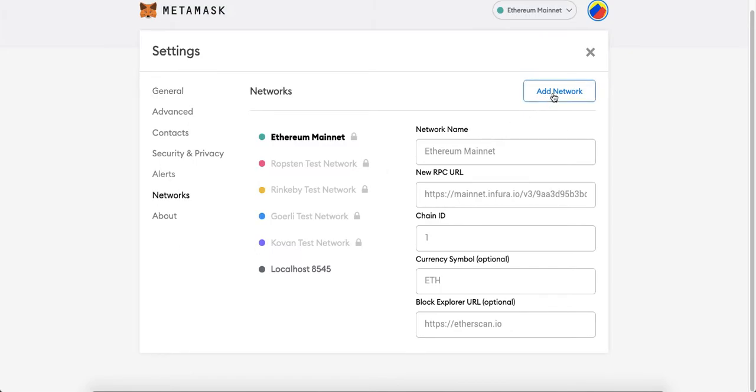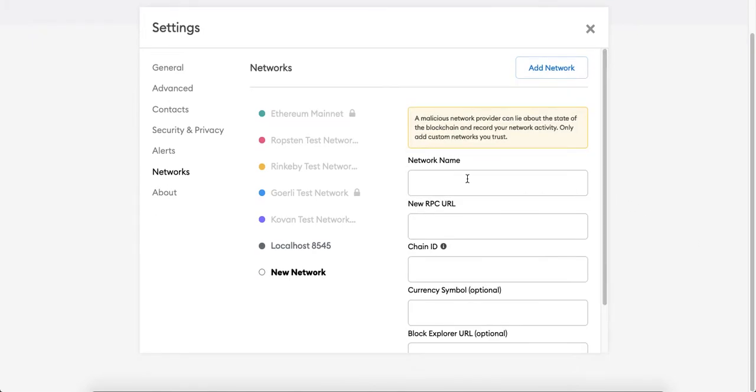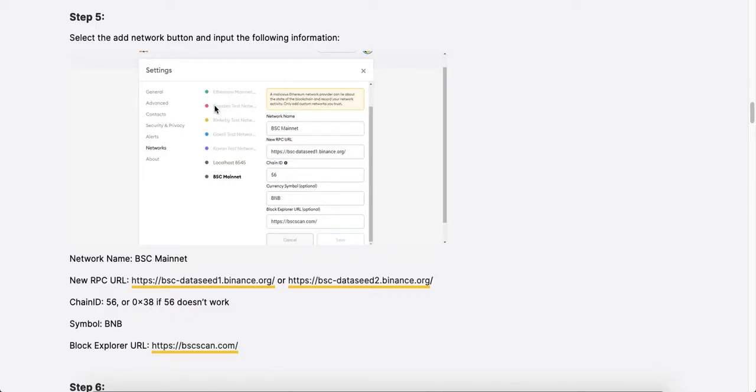Okay. When you go to the option networks, you'll see the option called add network, and here you'll need to fill in all the specifications for Binance mainnet. I'll include in the description the specifications for Binance mainnet which had been released by Binance.